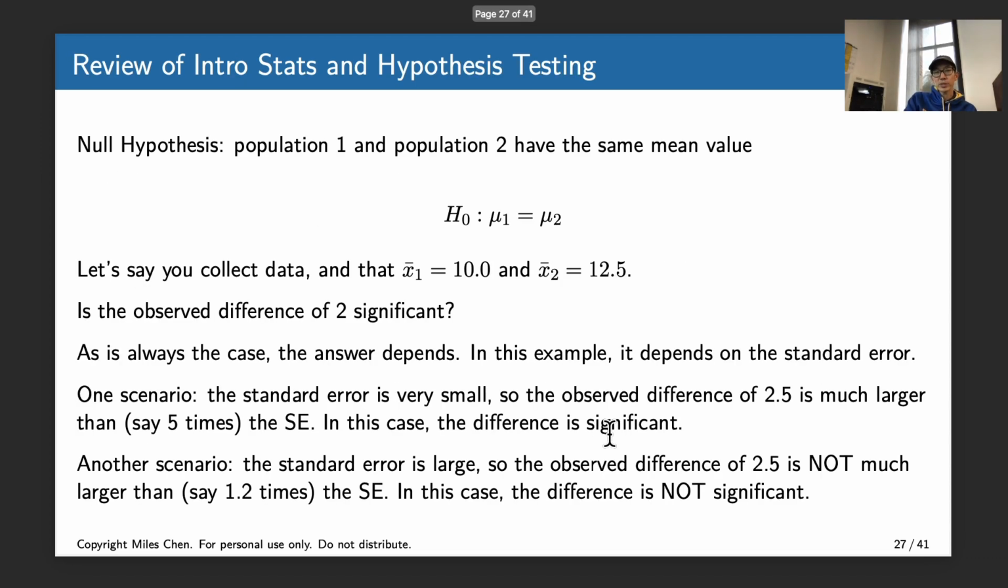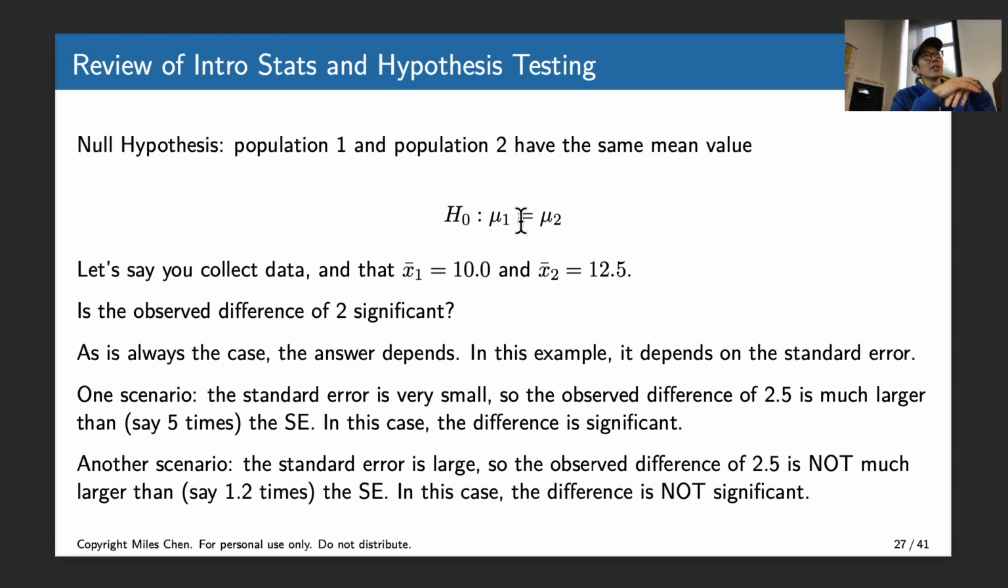When you do this, your null hypothesis is basically mu1 and mu2, the mean of population 1 and the mean of population 2, are equal to each other. This is a point that I very strongly try to make in my intro stats classes: the null hypothesis always has an equal sign. You're not going to have a greater than sign or a less than sign in the null hypothesis, and that's because